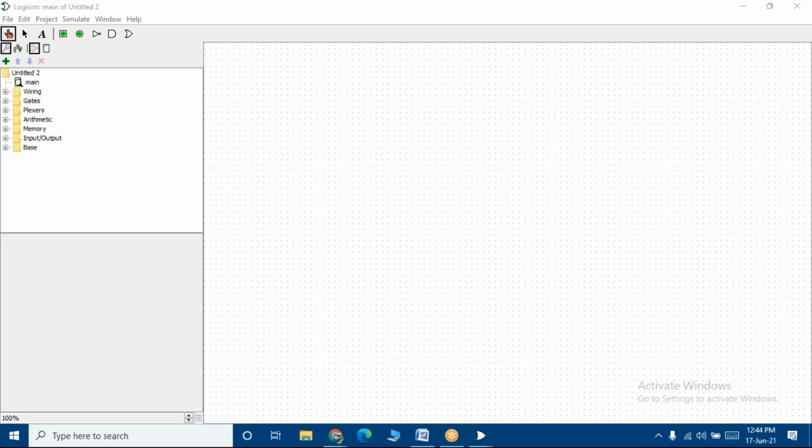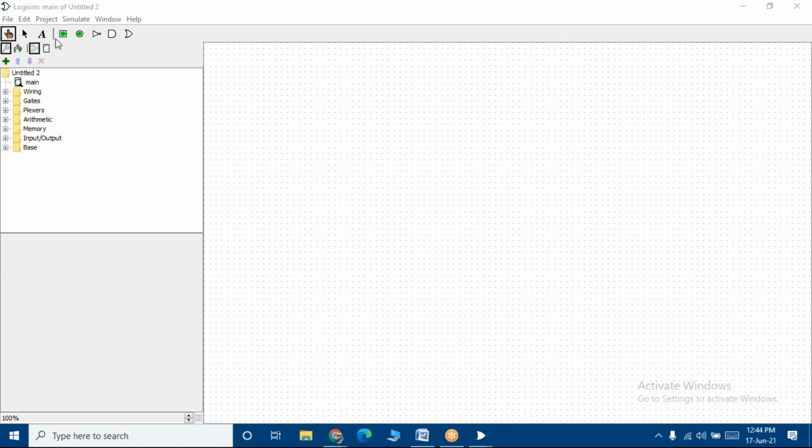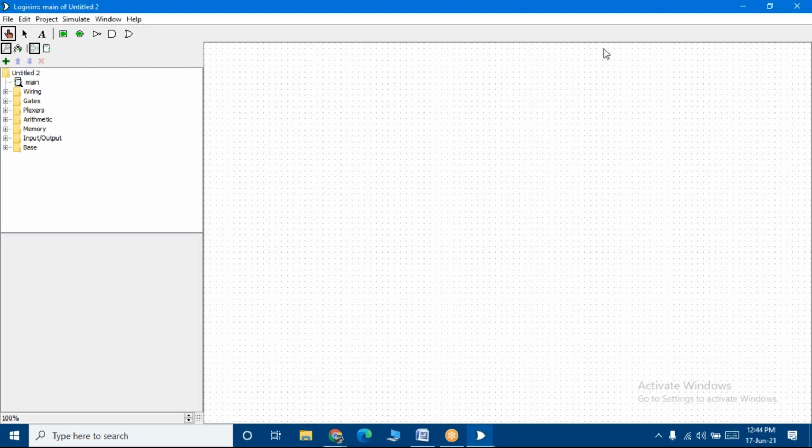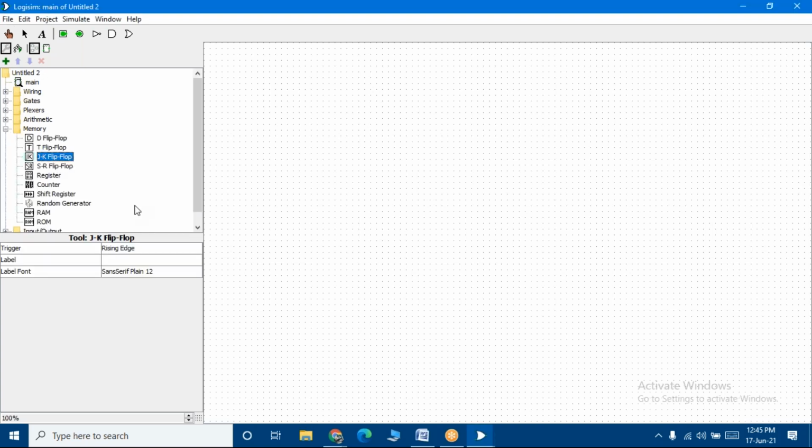So students, we'll go back and we'll finish with that 4-bit counter. Any more doubts? Any doubts, students? Shall I proceed with the 4-bit counter design? Okay, Palani, very good. So let us complete the 4-bit one. How did we do the 3-bit? The same way. Let me go to the memory, go to JK flip-flop.